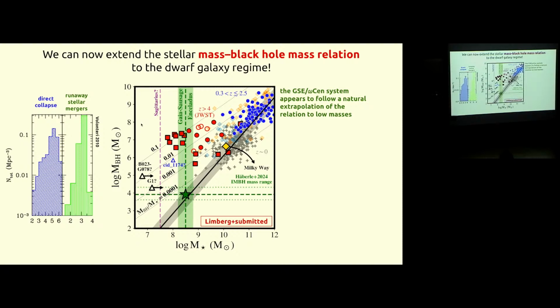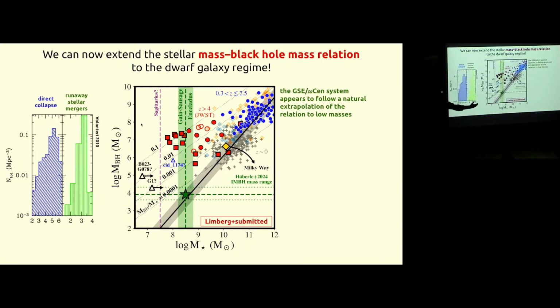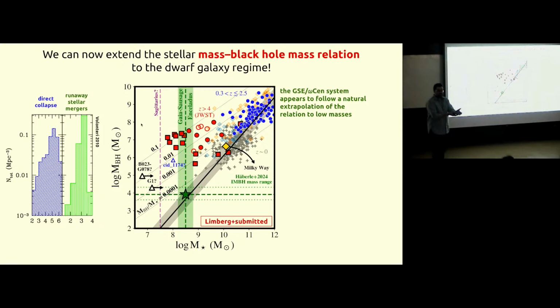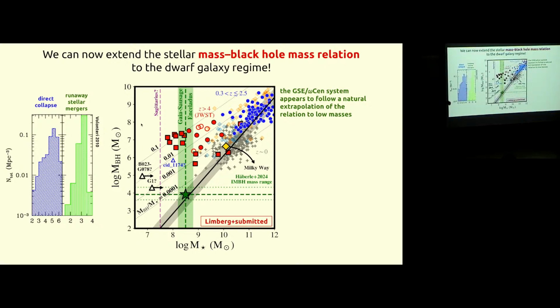So in this scenario, I'm not the one proposing this, but what happens is that if you have a galaxy that is forming a nuclear star cluster, you can have a bunch of stellar mergers in the nuclear region of the galaxy, and this could produce a central massive black hole. And the central black holes produced with this mechanism have lower masses than the direct collapse scenario. So this could be one explanation for the low mass of this central black hole, because we know that this one central black hole is indeed inside a nuclear star cluster.